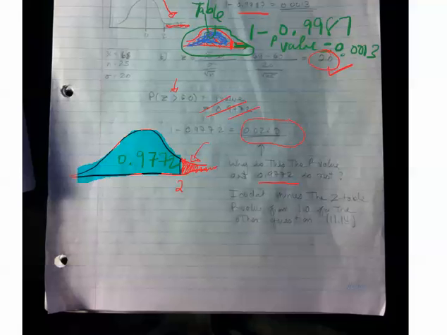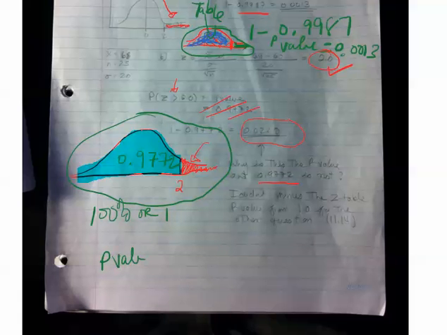you're not looking for that part though. You're looking for the red part. So all of this is 100% or 1. So the p-value is equal to the probability that z is greater than 2.0. So greater than 2.0 is the red part here, right? So to calculate that red part from what we have in the table, it's 100% minus 97.72%, or, since we're dealing with decimals, 1 minus 0.9772. So this is the p-value,